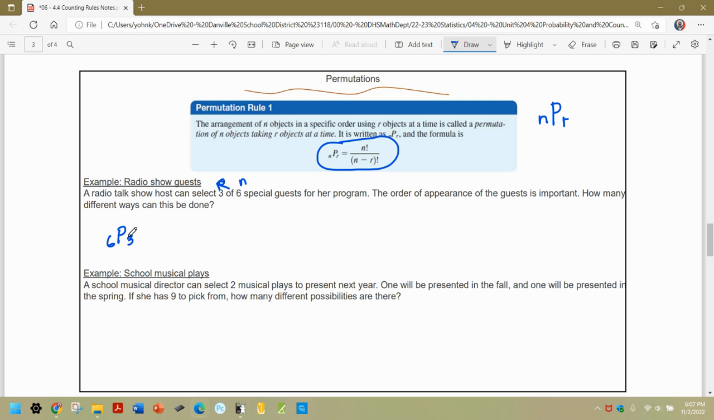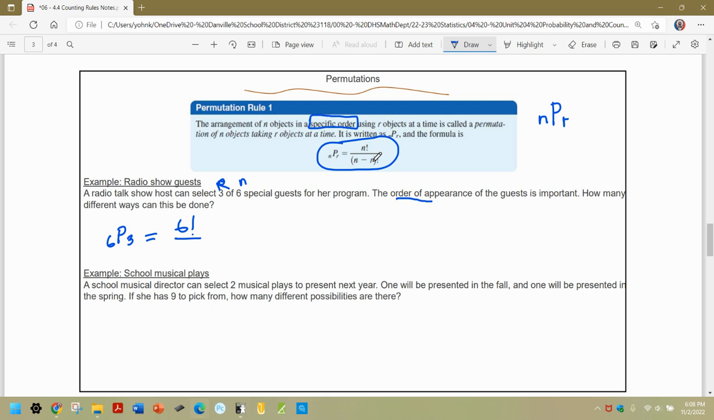And those 3 I am choosing are going to be put in a certain order. That's what makes it a permutation, kids. Specific order. I'm taking the 3 special guests and I'm putting them in a specific order. Another thing is that the first number is always going to be bigger than the second number. Always. Now, according to the definition, it's n factorial, which is 6,